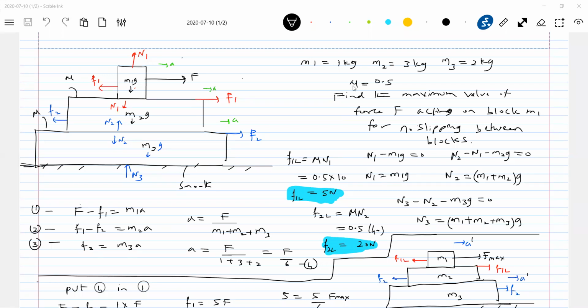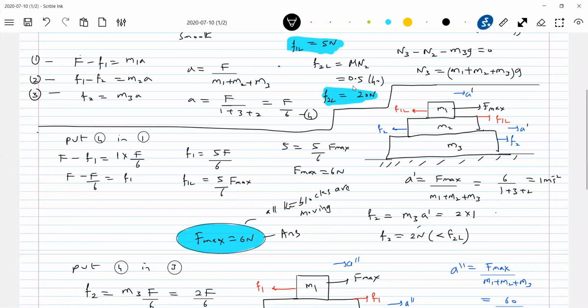There is a core idea: assume slipping occurs at one surface and no slipping occurs at the other surface. Where no slipping occurs, if the friction acting there is less than limiting, then what you assumed is correct. If the friction acts more than limiting, then what you assumed is wrong. All of you, what is the basic idea?